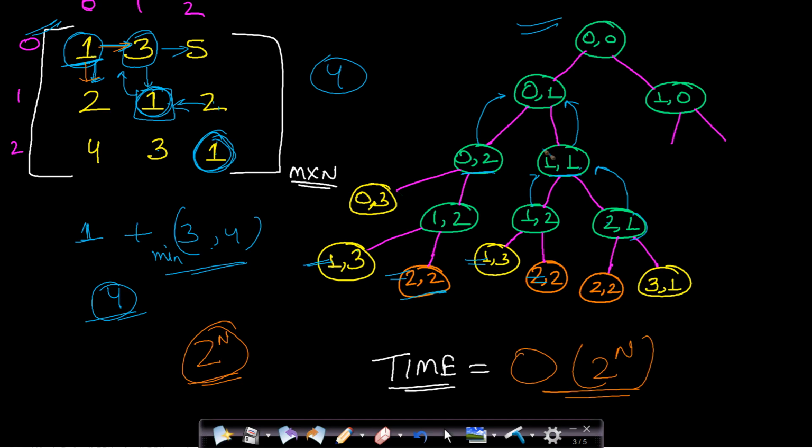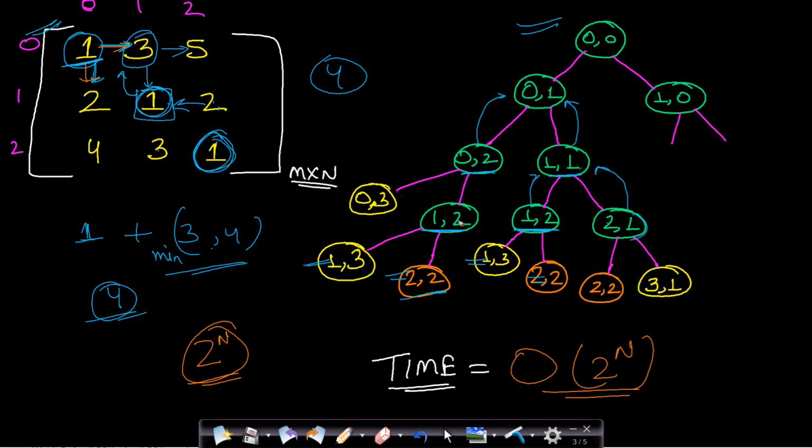And also there are repeating subproblems. You can see this 1, 2 call is getting repeated. If you take a larger matrix and draw the complete tree structure, many problems will get repeated. So how can you optimize it? What method can you apply? Since there is optimal substructure and repeating subproblems, you can try applying dynamic programming, because these two conditions are required for applying it.